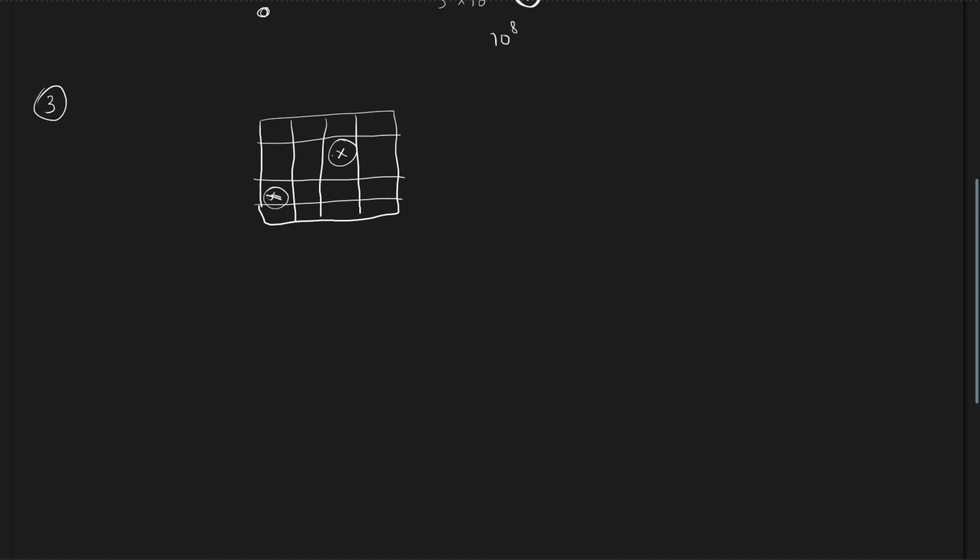So for example, if x is here, during the first iteration it will go here, here, here, and here. During the second iteration, it will go here. Then from here, it can go here, here, and here. So you see, if there was a cell right here also, it could have also gone here. So you see, at each step,